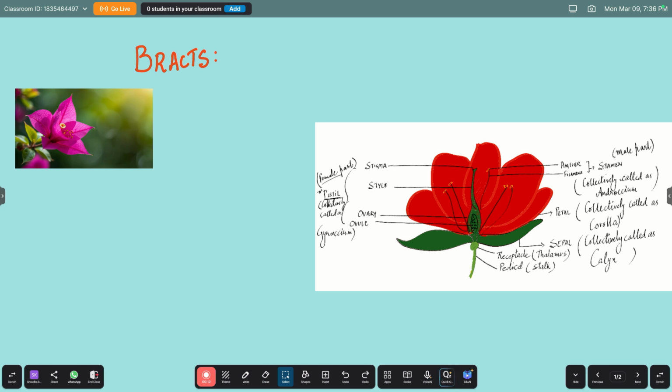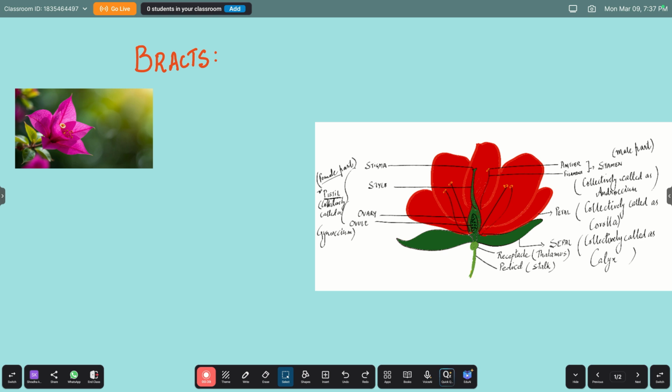We'll now study what is a bract. Just a preview of whatever we studied about the different parts of the flower. It's just now in front of you: the pedicel, the receptacle, the sepal, petal, stamen, and pistil over here. Now when we talk about a bract, this pedicel part that you can see here,